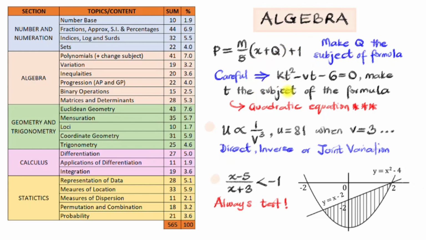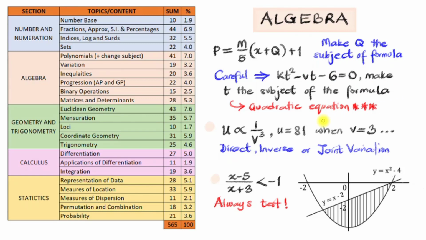Now, you need to be careful. There is a trend of question I'm seeing that you'll be given a quadratic expression and you'll be asked to make the variable the subject of the formula. This is not hard. Once you are seeing questions like this, all you need to recall is your quadratic equation in which you can use your formula method to solve. So here, just like you have x in the quadratic equation to be x equal to minus b plus or minus square root of b squared minus 4ac over 2a, here, t, you can express like that. You just need to know the a, the b, and the c, and you can get the solution for that